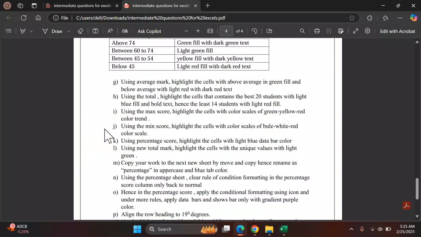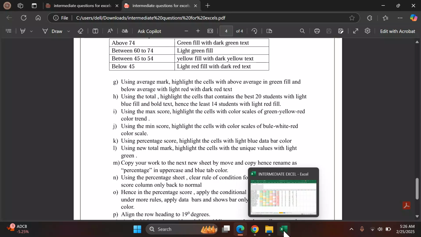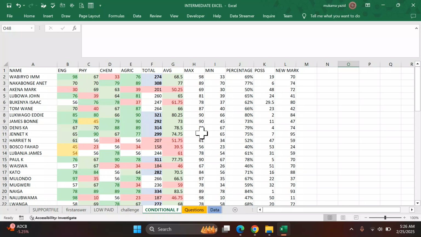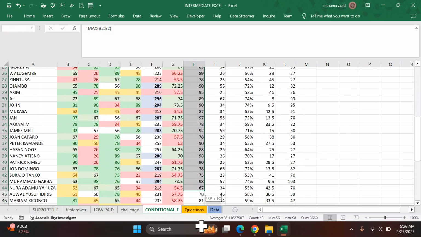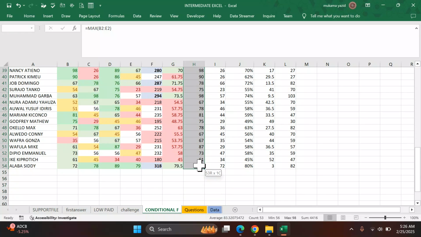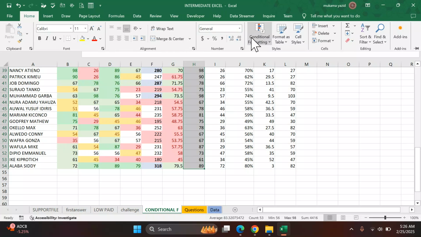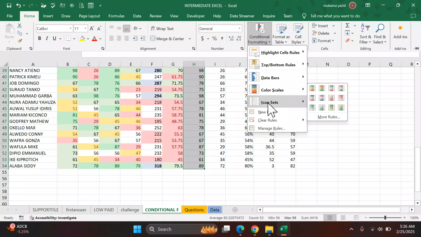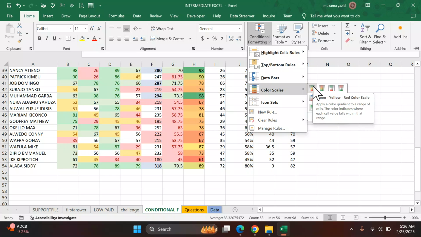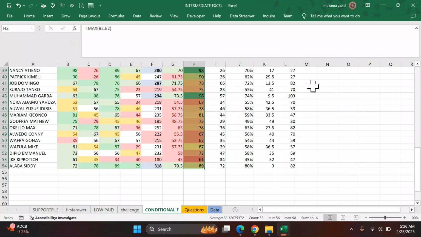Another part, they said using maximum score, highlight the cells with color scales of green, yellow, red. So we go to maximum score, we select on that one, we select this max, go home, conditional format, go where there is color scale, then look for a scale called green, yellow, red. That is what they wanted. So another part,